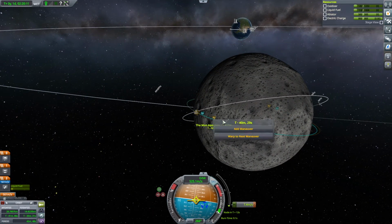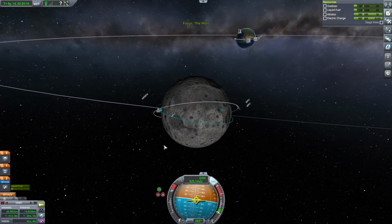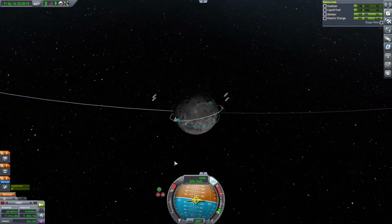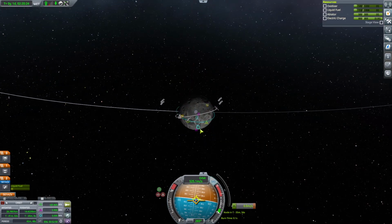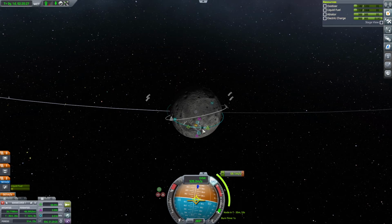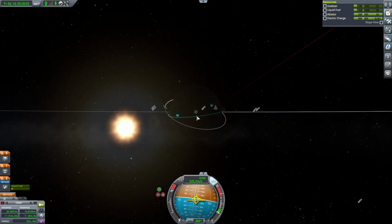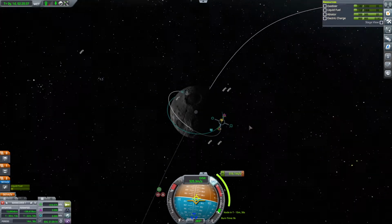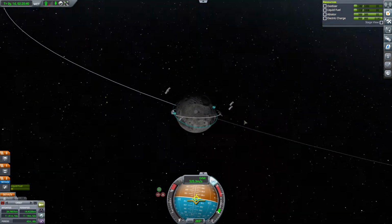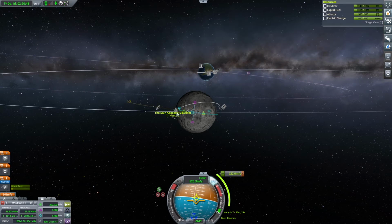Now we need to actually go and plan the next maneuver, and I don't think we're going to make it back to Kerbin at all. Now, the thing is, we need to basically deorbit, right? The question being, I have to do it on the other side, so here basically. So we would go here, and we would go and deorbit. Well, actually, wait. Which way around does the moon go? Oh, right, if I go and deorbit this...